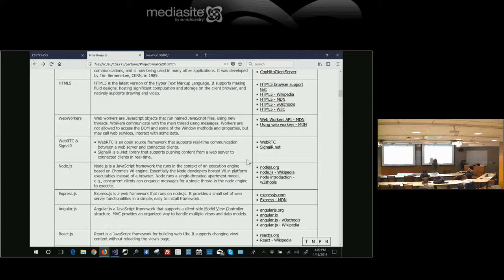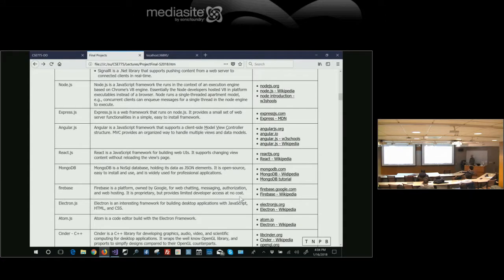React.js is an event-driven framework that will run in a browser, and what it wants to do is the same kinds of things that Ajax does.